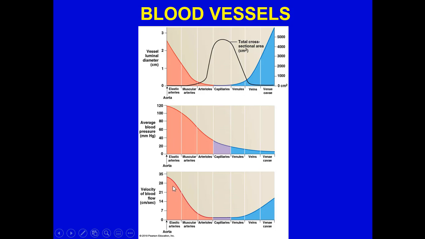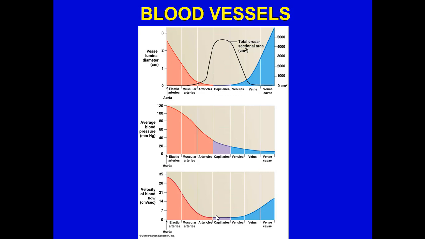per second. At the aorta, wow, it's really speeding along there. And as you go from elastic arteries to muscular arteries and then to arterioles, the speed drops. In the capillaries, the velocity of blood is pretty much a flat line. That's because you're going to get the rouleaux, where the red blood cells all line up nice and happy, moving through the capillaries like little soldiers, boom, boom, boom, having fluid exchange,